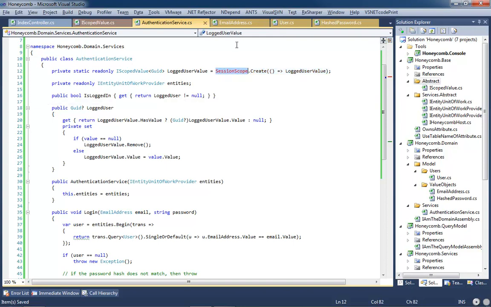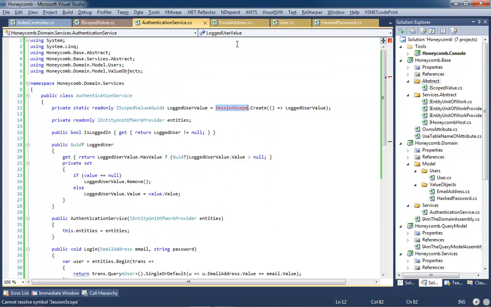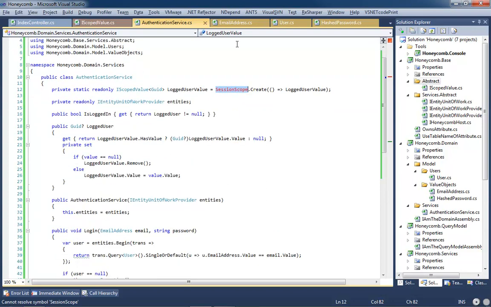Okay, so at this point, we just need to implement session scope. And this is kind of a problem, actually. The issue is that we can't access a static member or a static method like this because that static method will have to be defined in a layer above this layer. And unfortunately, session scope is obviously something that's implemented by ASP.NET directly. So to do that,